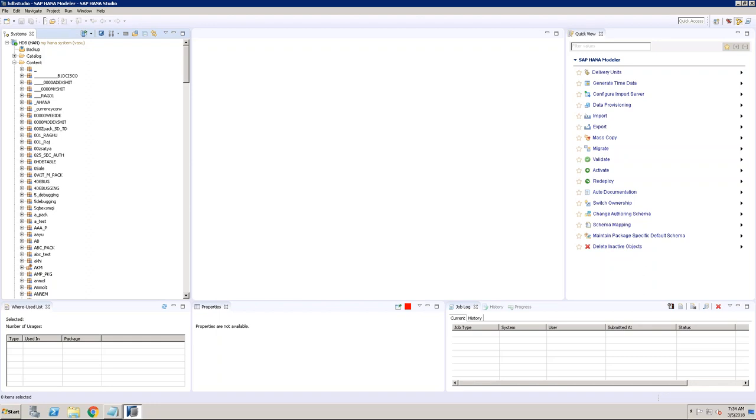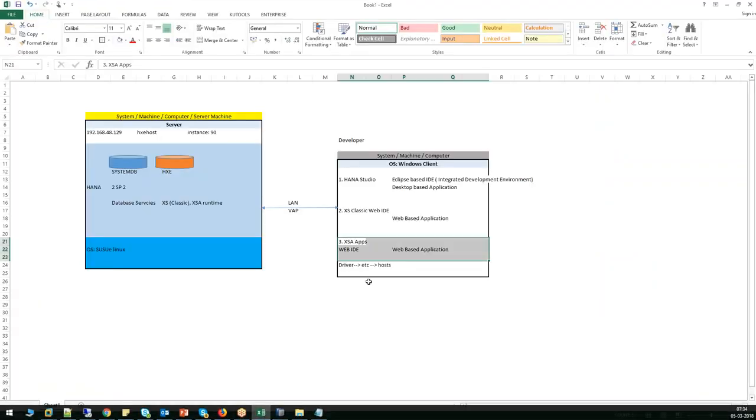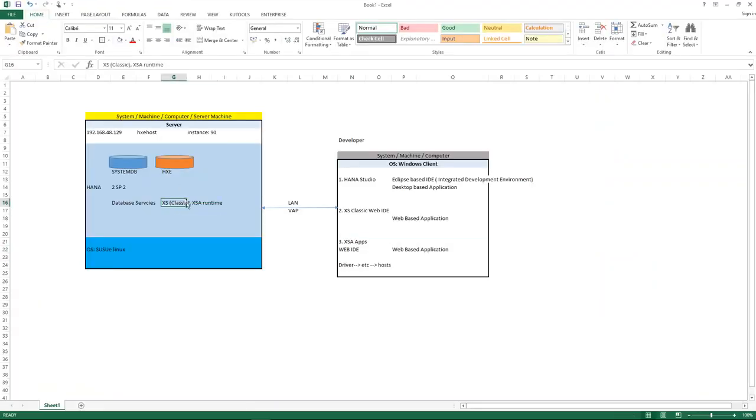So when you have web application, it should run on some runtime or some web server, right? So if you understand technically, XS Classic is one runtime or one web server. XS Advanced is one runtime or one web server. So this Classic Web IDE is running on Classic XS web server, and this Web IDE of Advanced is running on XS Advanced web server. That's it. And you can use all this and start working on HANA. So from tomorrow, once we have the connections available, then we can start tomorrow. We'll start working on